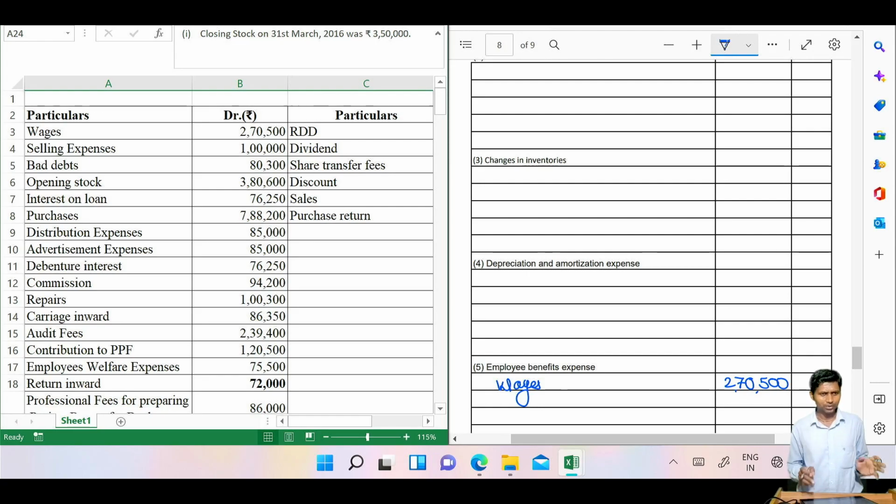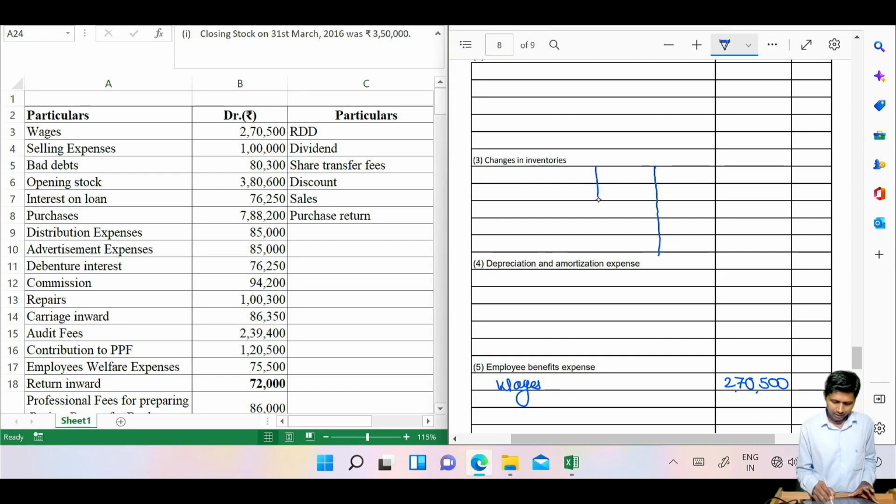व्हाई दिस इज सो? बिकॉज दैट इज सिंपल. If you assume this as a raw material, then unnecessarily you are complicating your paper. Therefore, change in inventory. In change in inventory, draw the table and write the opening stock. So to draw, you know, अब ये हो जाने के बाद आपको एक प्रॉब्लम भी